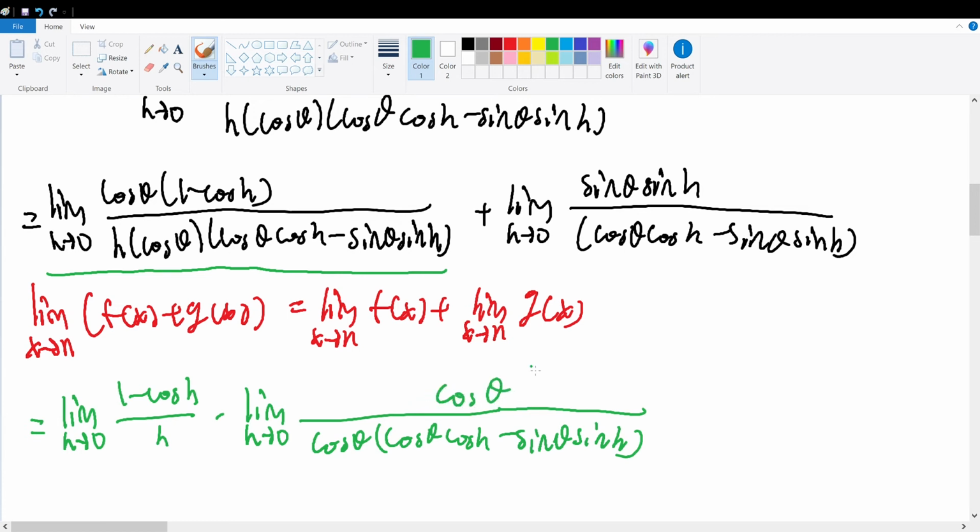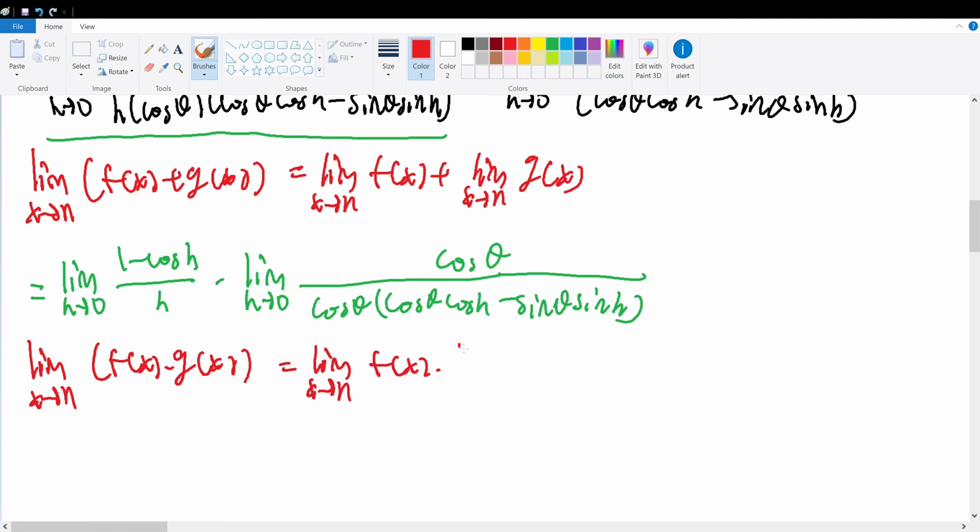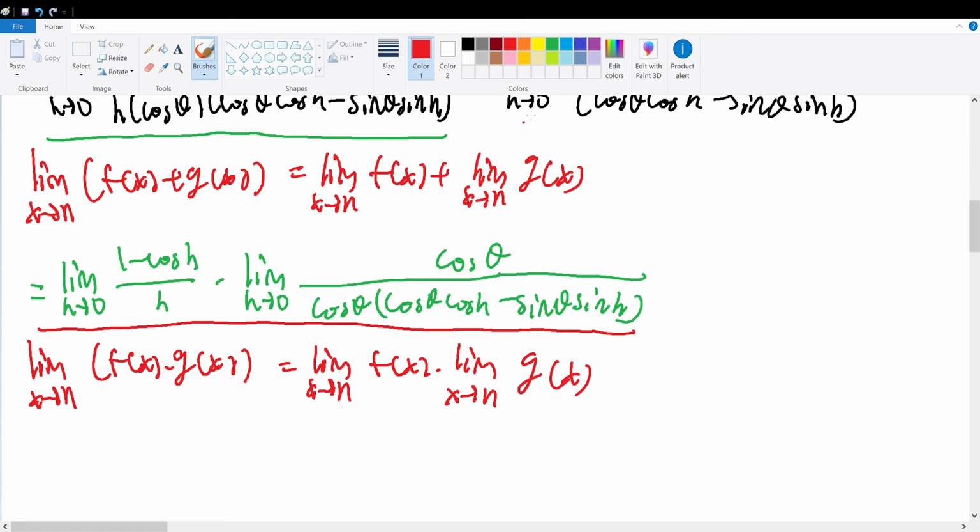And the reason why I can do this is because of another limit property, which states that the limit, as x approaches a value of n of the product of two functions represented by f of x and g of x will be equal to the limit as x approaches n of our first function f of x times the limit as x goes to n of our second function g of x. So if I've broken up this limit as such,